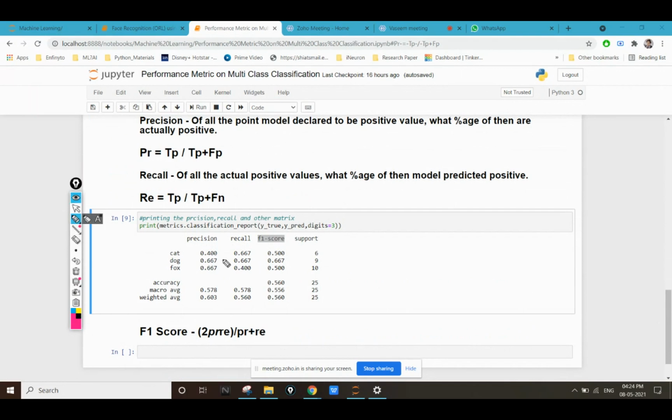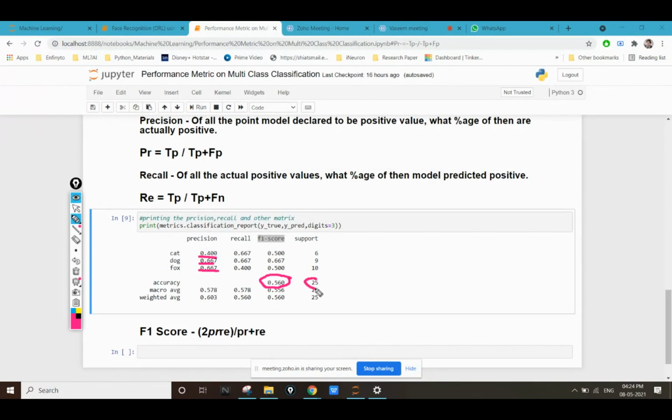You can see from this classification report that precision for the cat class is 0.4, precision for the dog class is 0.66, and precision for the fox class is also 0.66. The total accuracy of my model is 56%.